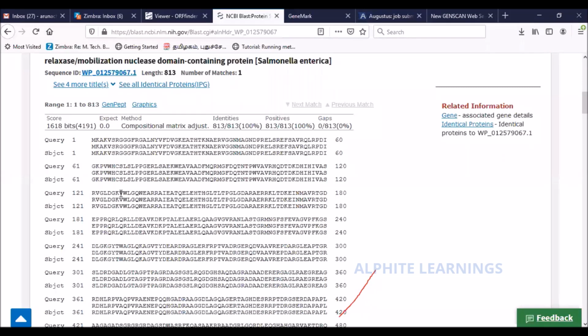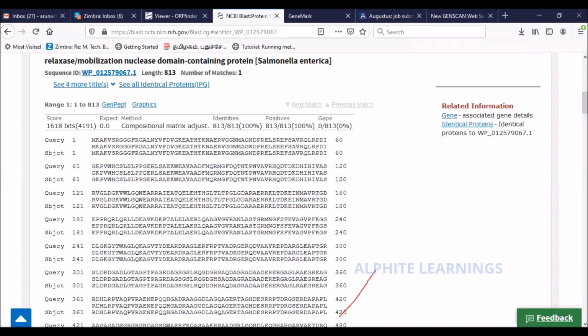In this case, since the sequence I gave is already known, you get a 100% match. If you are giving a new sequence, you won't get a 100% match, but you would get a good score here and a very small E value here, and these values would differ appropriately.